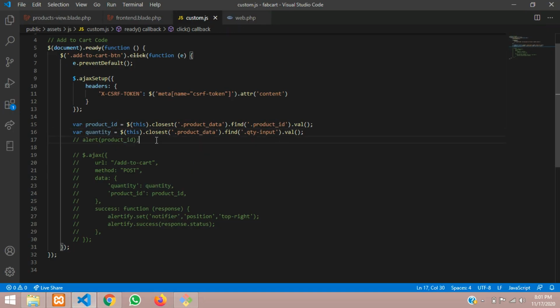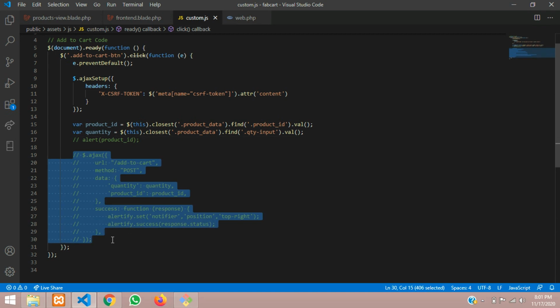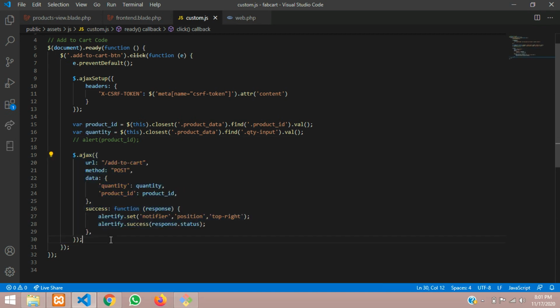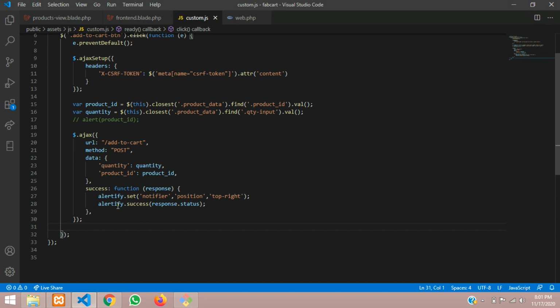That's it. So now let's close this and let's start with this Ajax call. So till now you are very clear. Now guys, you have to call a URL called add to cart. After calling that, we are passing the quantity and the product ID into it using the post method. Done. And whatever response we get, we will show in a message. This is the Alertify bootstrap thing, so you'll be learning it in a few minutes.